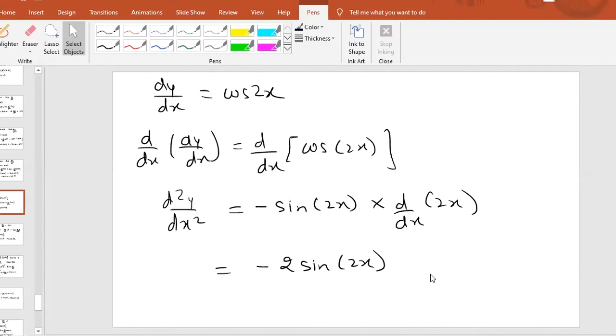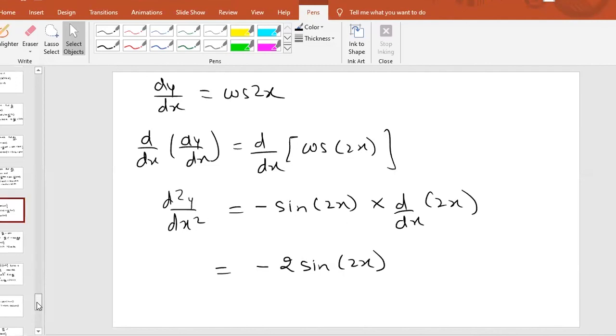Why is it necessary to differentiate? I told you when I was explaining differentiation, differentiation means you have to find the slope of the curve. Any curve is given to you, and you have to find the slope of the curve at any point. What is slope? Slope is the rate of change of y with respect to x. Next class I will explain the applications of differentiation, where we are applying differentiation.